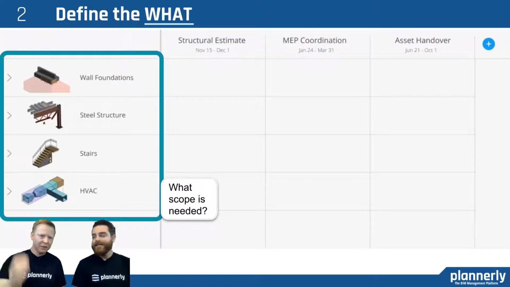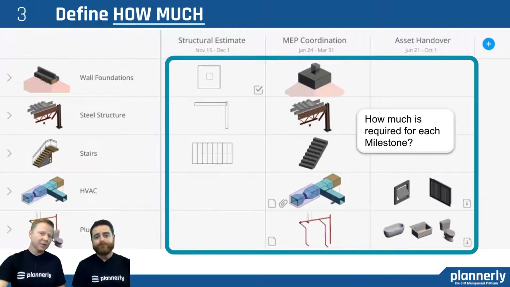Each information delivery milestone needs a certain amount of scope, and that's really defining the what, the list of items, and then how much is required. You want to provide whether it's an LOD or the right level of geometry, information. What is it exactly that you need at each milestone? And again, going back to what Clive had mentioned in the Excel table, that you'll see LOD 100, 200, 300. The most successful and efficient workflows that we've seen are only those that actually progress when needed.